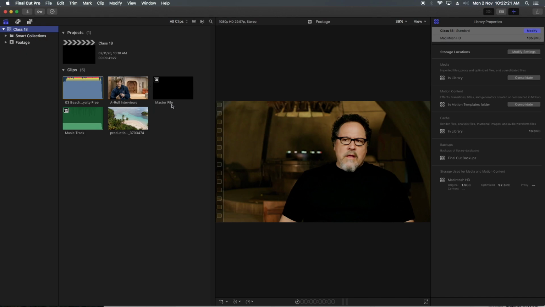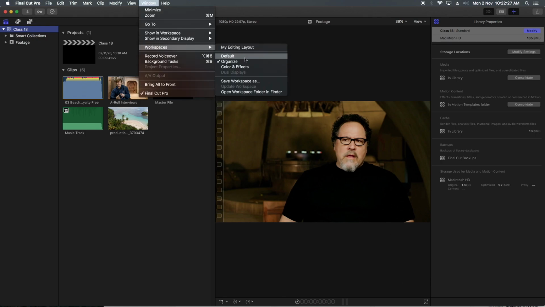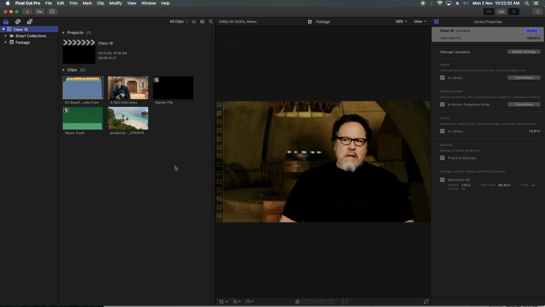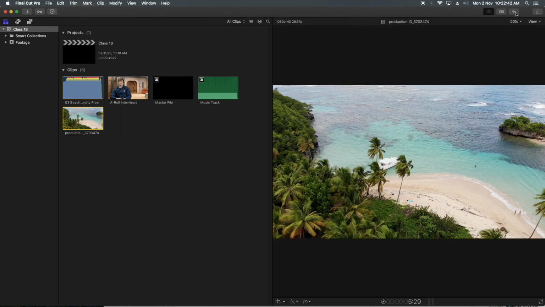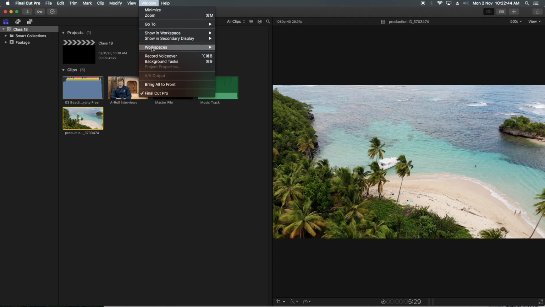If I am importing my media, I don't need the timeline at this stage. So I'll use only the Organize workspace, and this time I'm only importing my media and renaming things or keywording. So the timeline is of no use at this stage. Now again I will save this as my workspace.